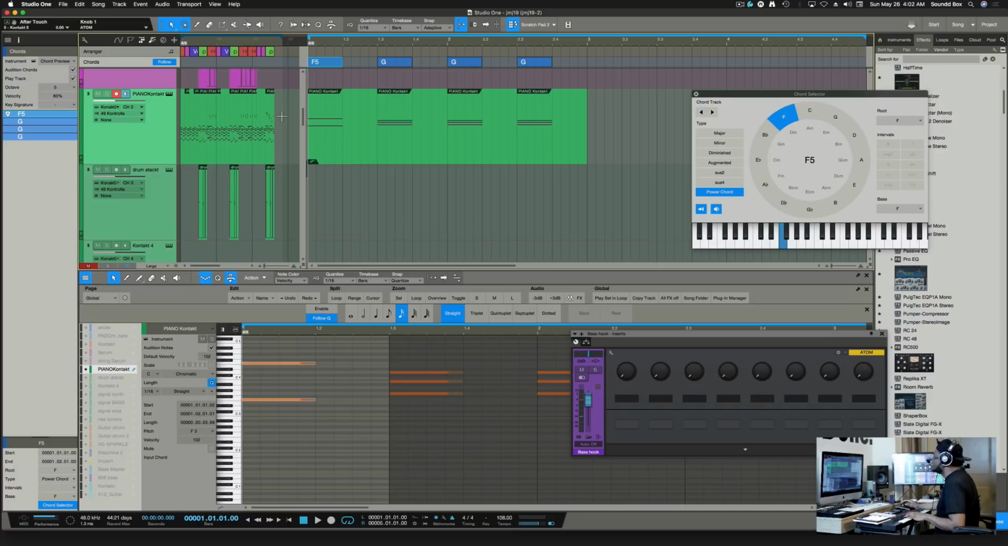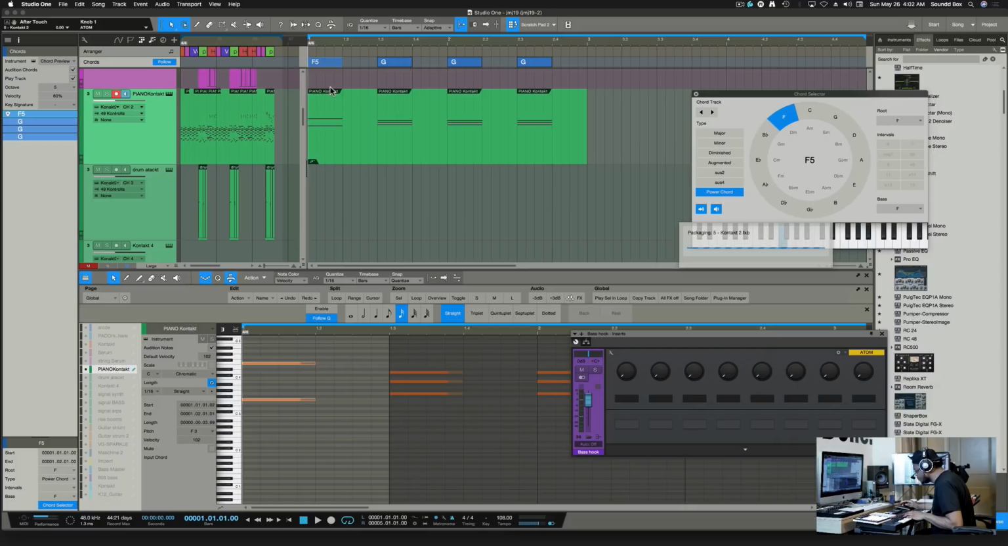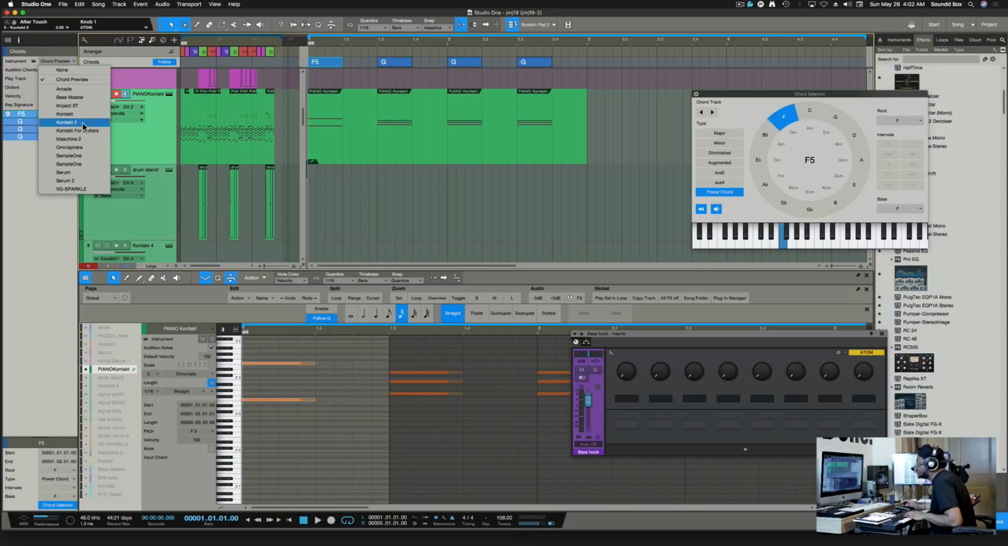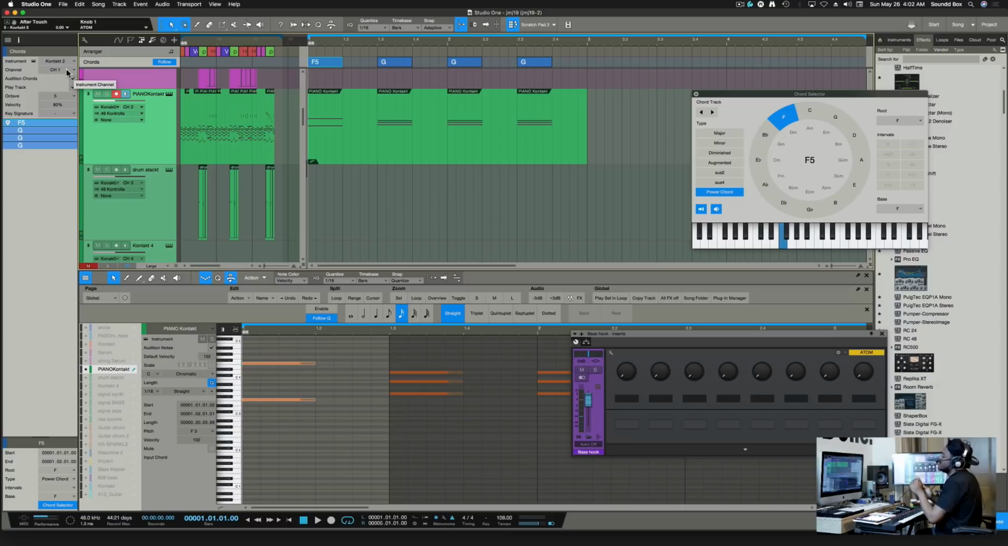Okay, so that's the default sound that you guys will hear. But you can go in here and change it back to what you want. So whatever instrument that you have already loaded in here, you can use that instrument when playing around with the chord track, which is pretty cool. So let's just make sure that we got the,